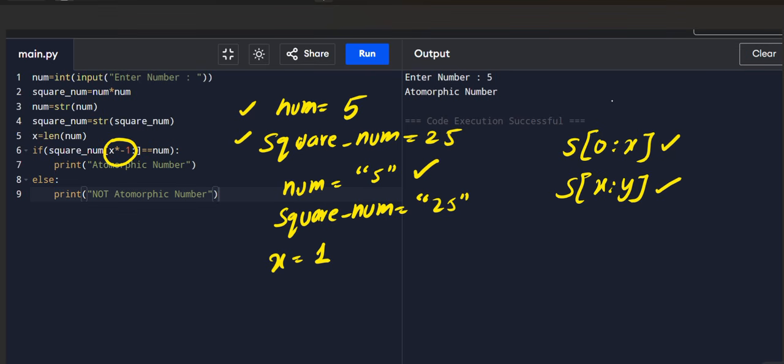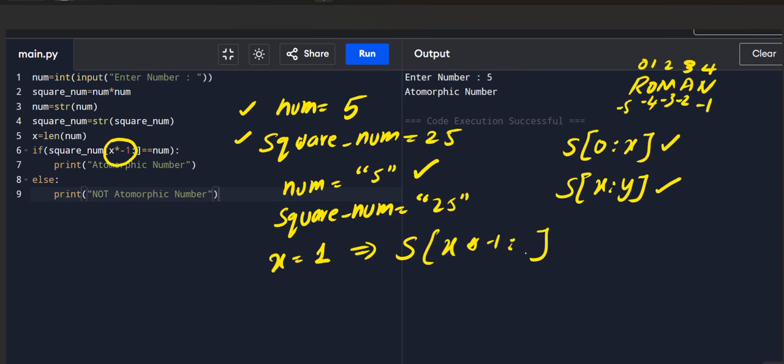If I want to do string slicing from the end, then I should use negative indexing. Suppose in a string 0, 1, 2, 3, 4 are the indexing, then negative indexing is minus 1, minus 2, minus 3, minus 4, minus 5.